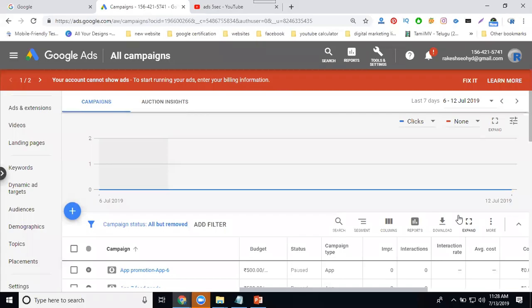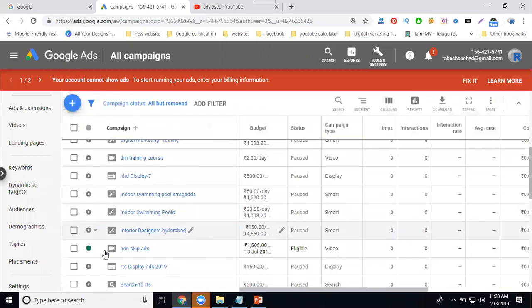So while running the campaign, in total we have 4 options: pause, resume, remove, and edit your campaign. Based on the campaign, the option will be eligible. So once the campaign is running, to stop the total campaign,